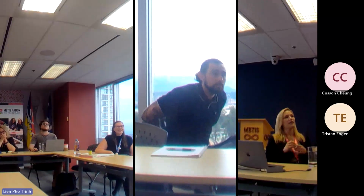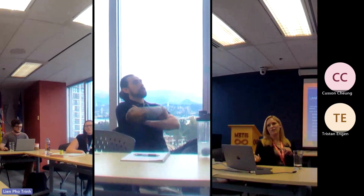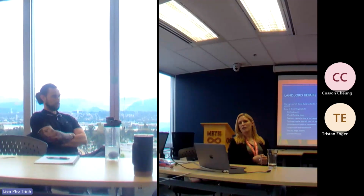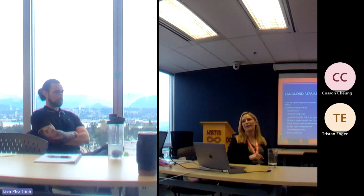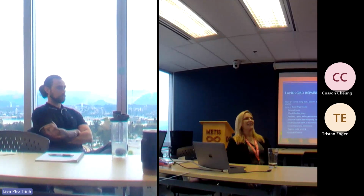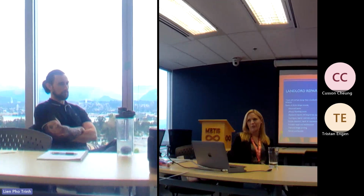And the asterisk next to that one is as long as the damage wasn't caused by tenant negligence or misuse. So painting at regular intervals, the policy guideline number 40, which sets out the useful life of building elements, says that the useful lifespan of indoor paint is 4 years. So that means that technically, if you lived in a place for 5 years and it's never been painted, you can go get an order that requires the landlord to paint